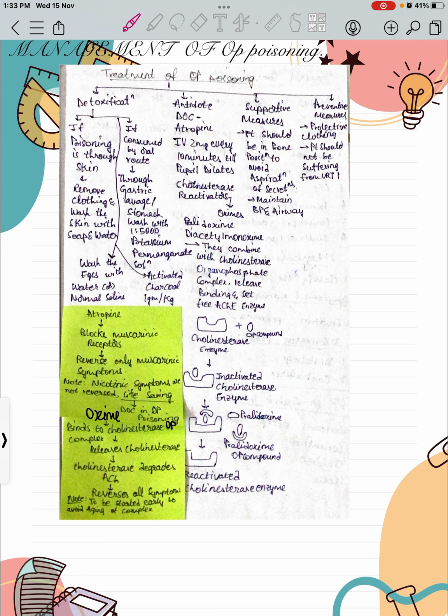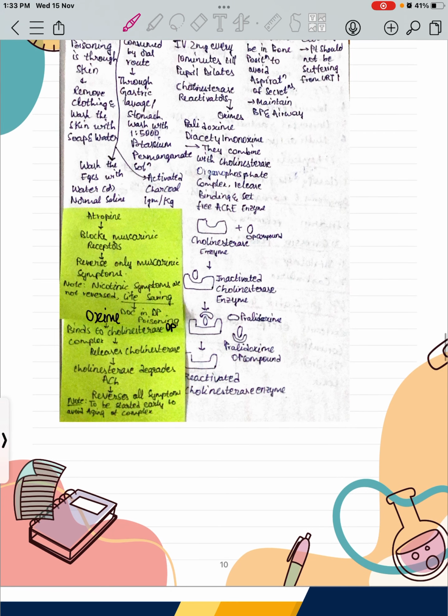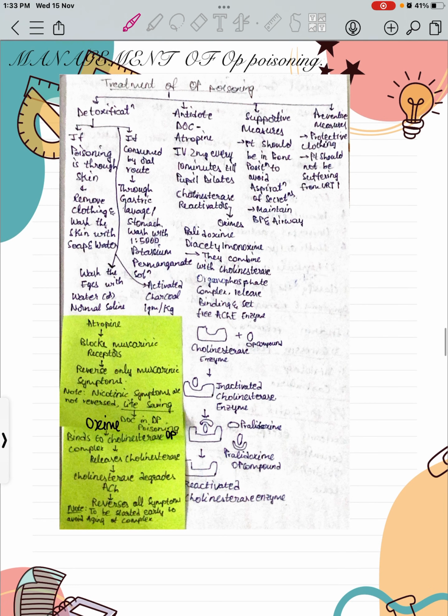The mode of action of atropine: atropine blocks the muscarinic receptors, so it reverses only muscarinic symptoms. The mode of action of oxime is that it binds to the cholinesterase complex and releases cholinesterase, which degrades ACh and reverses all symptoms. So the question is: atropine reverses only muscarinic symptoms, but oximes reverse all the symptoms, yet as we discussed, atropine is the drug of choice. Why? Because